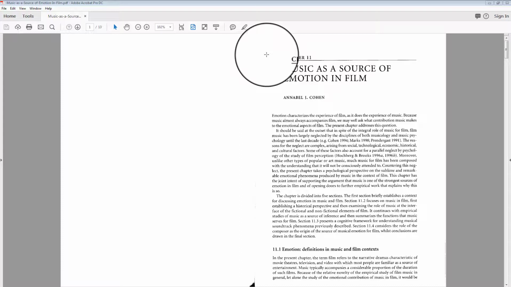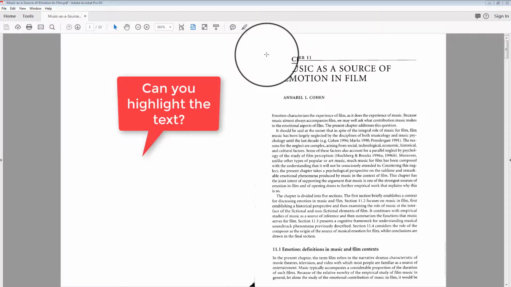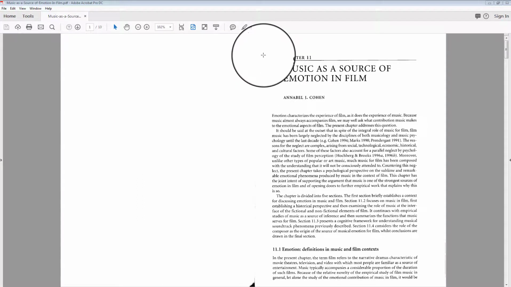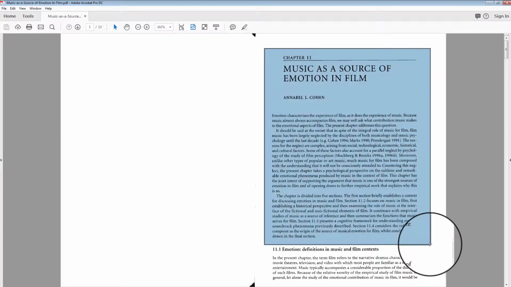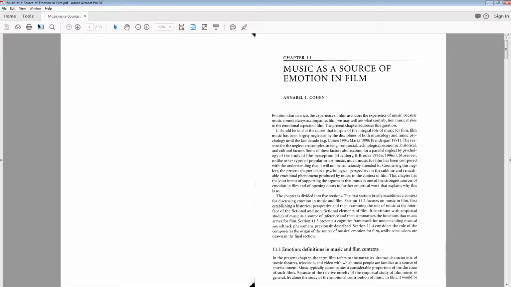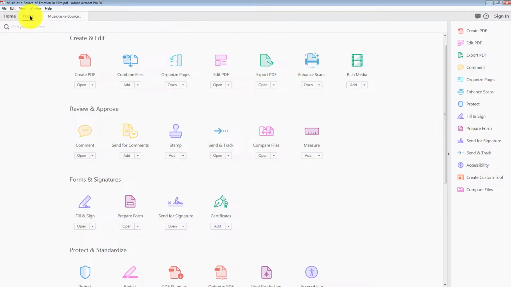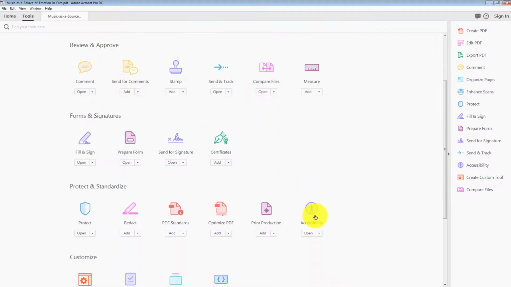Here we have a chapter of a book, and the first thing you'll notice is that I have a mouse pointer here, and that signifies that this is a picture. When I drag across any of the text, I get a box rather than highlighted text. Another way to tell that you have an inaccessible document here is coming up here to Tools, then coming to